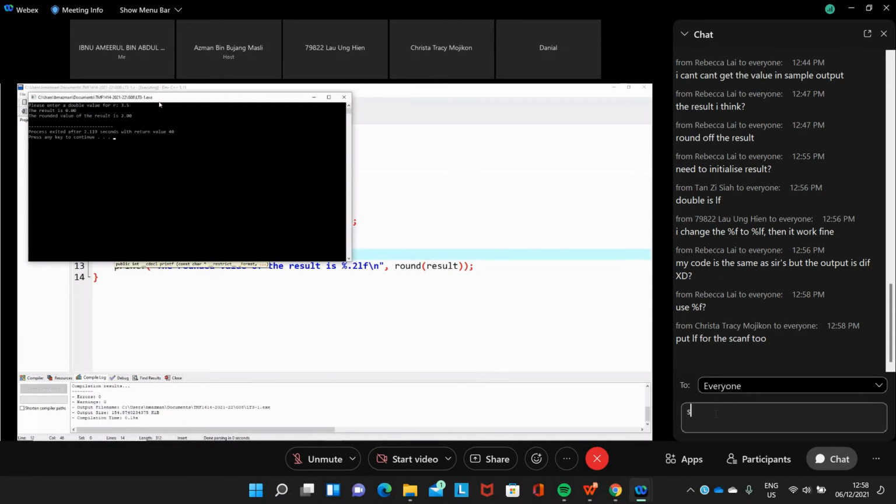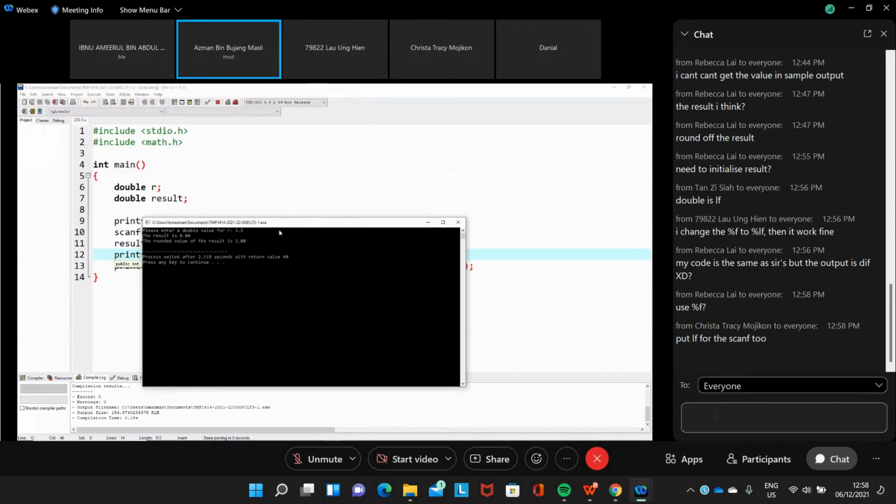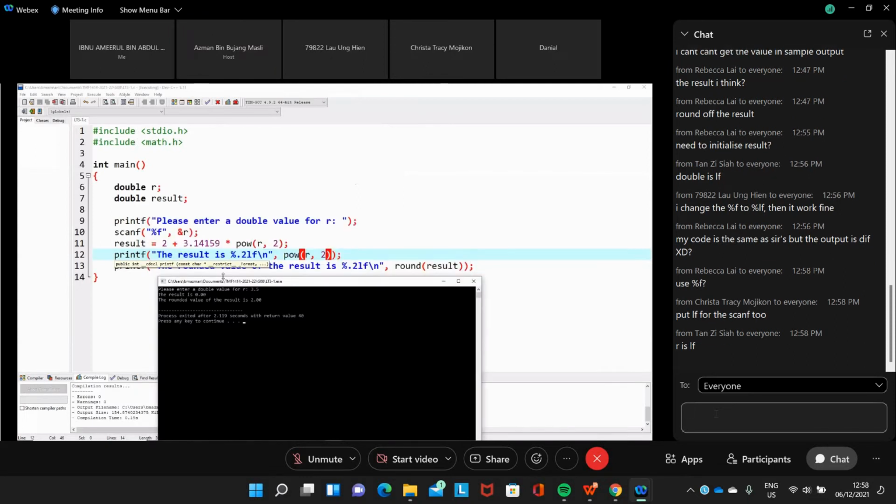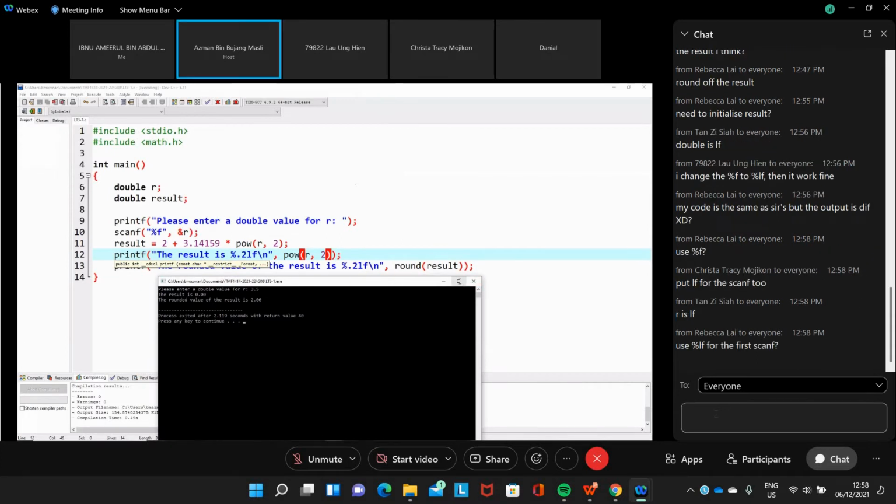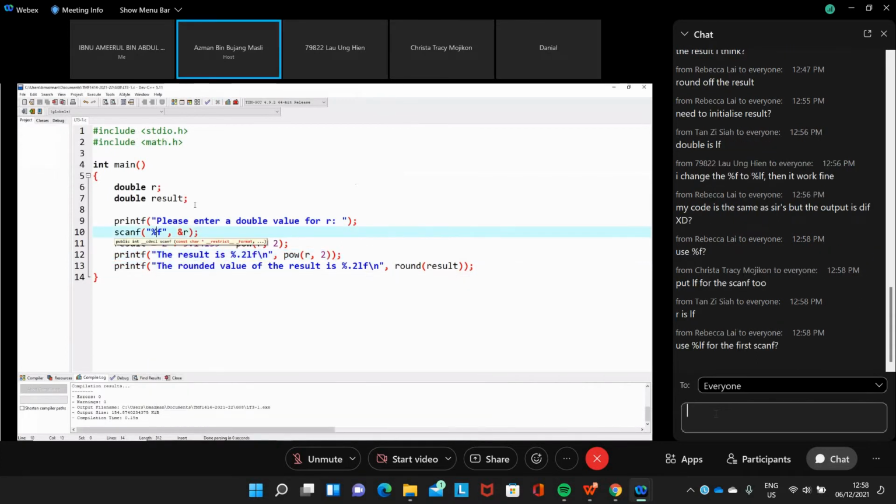That one is 0. See, you get that 0, the value of the power. When you put R in there, we get 0. Why do we get 0? Maybe there is a conversion specifier that is wrong. We put %lf here, I think, for double. Double is %lf for scanf.